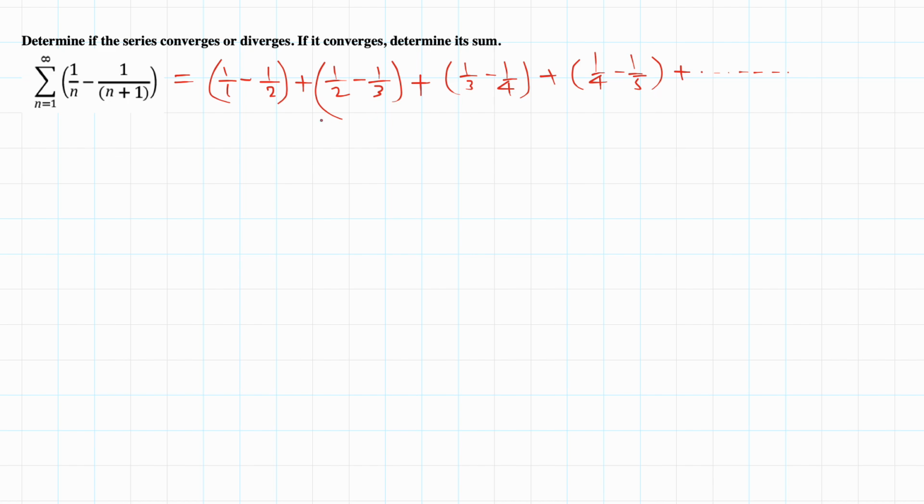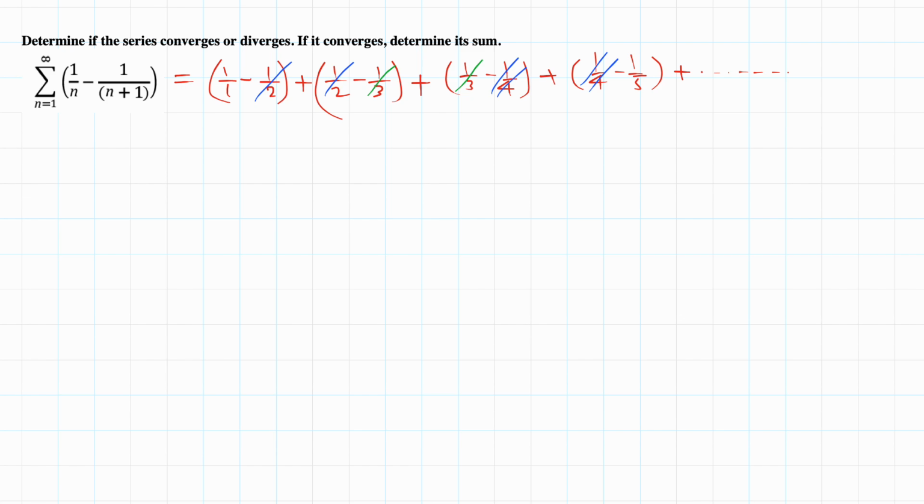But if you look at this closely, this 1/2 cancels. So 1/3, 1/3 cancel. Negative 1/4, positive 1/4 cancel. If we had written another term, n equals 5, 1/5 minus 1/6, then that would cancel too. That means only the very first term survives, and I don't know which one. So for this type of series, when there is a lot of collapsing, like a pirate's telescope, this is called a telescoping